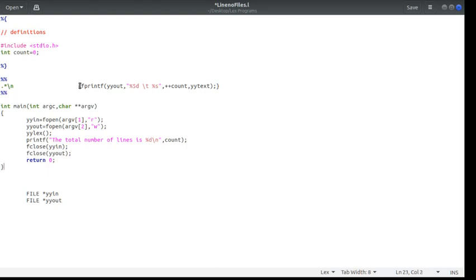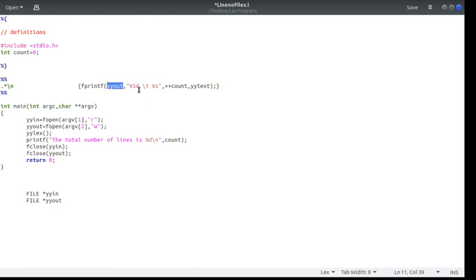Next, let us look at the action part. In the action part, instead of printf, now we are not writing to the screen, we are writing to the file. So we have fprintf. Where are we going to write? The reference to that file is in yyout.